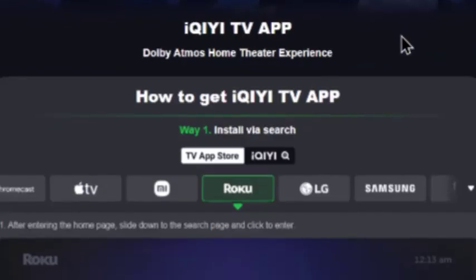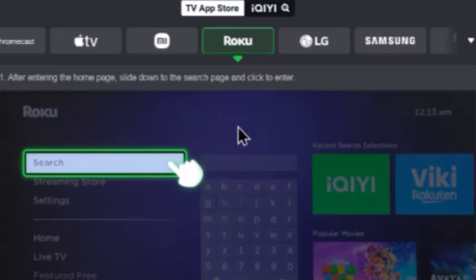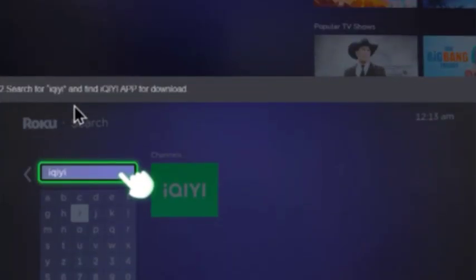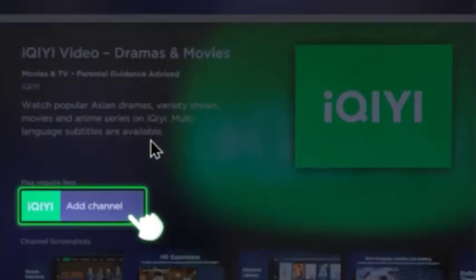What you need to do is install it by searching for it. How? Enter the home page of Roku TV, slide down to the search bar and click to enter. So you choose Iqiyi, search for Iqiyi, and when you find it, just download the app like this, and then